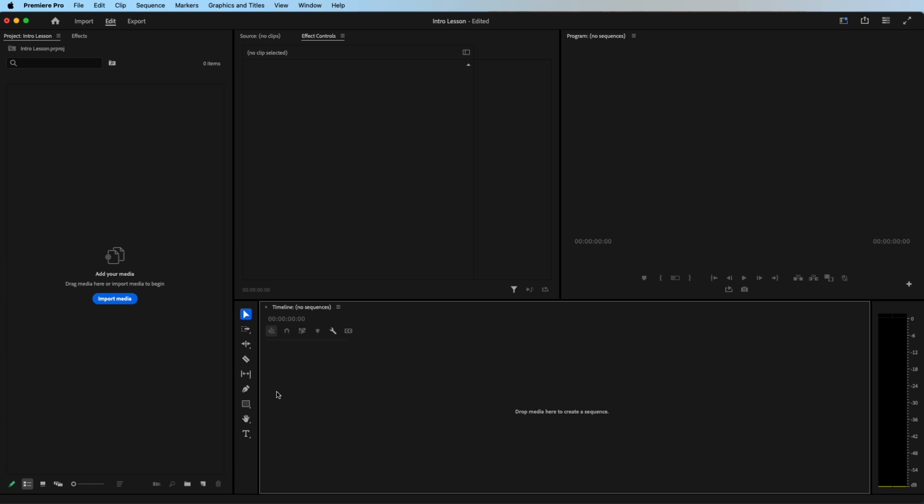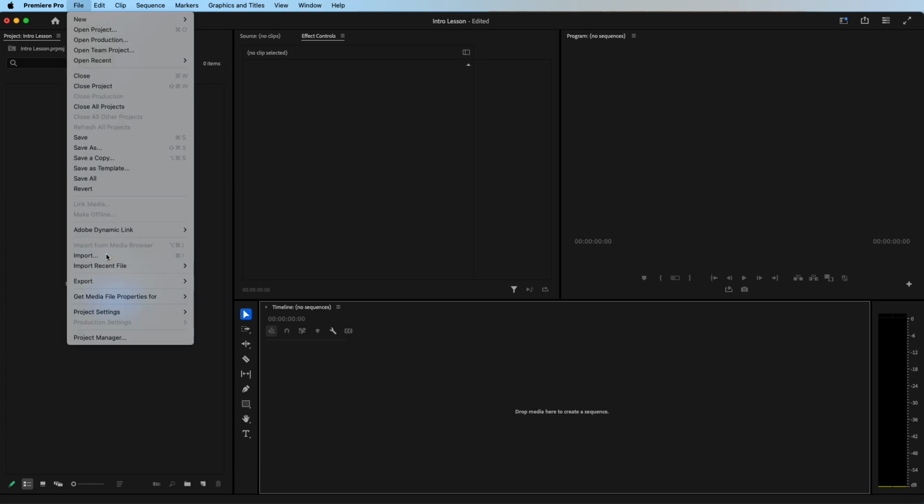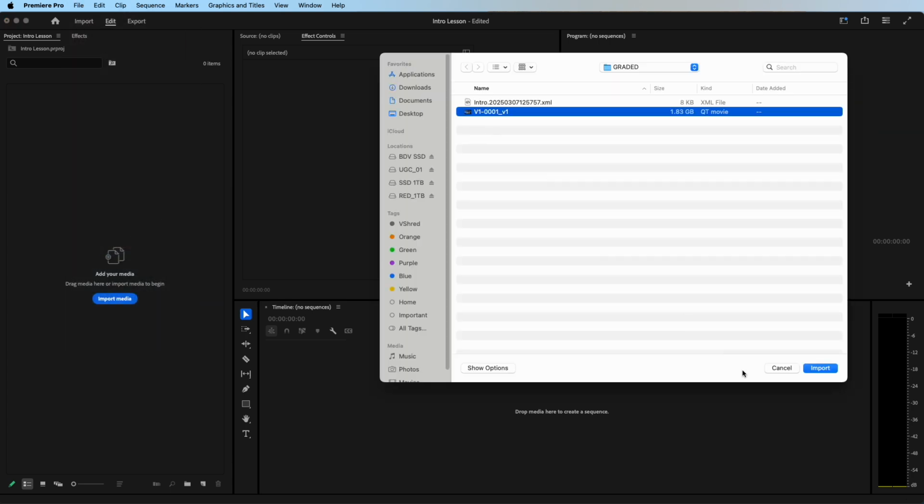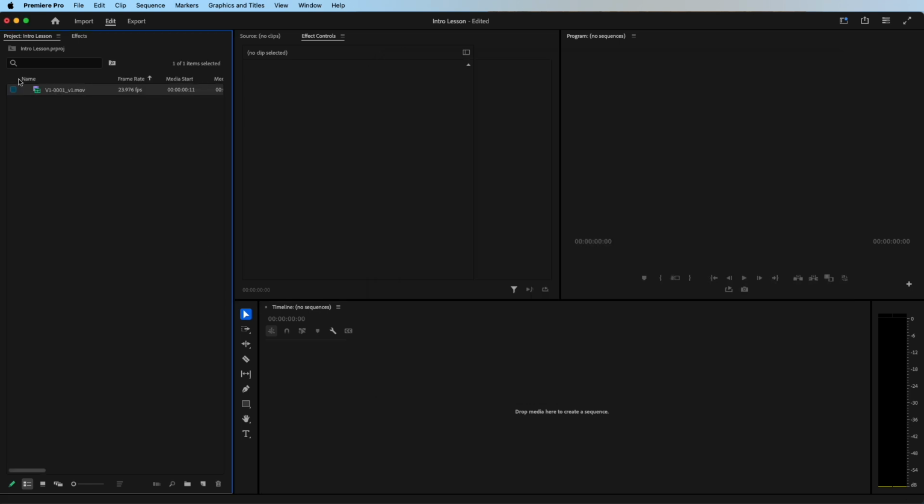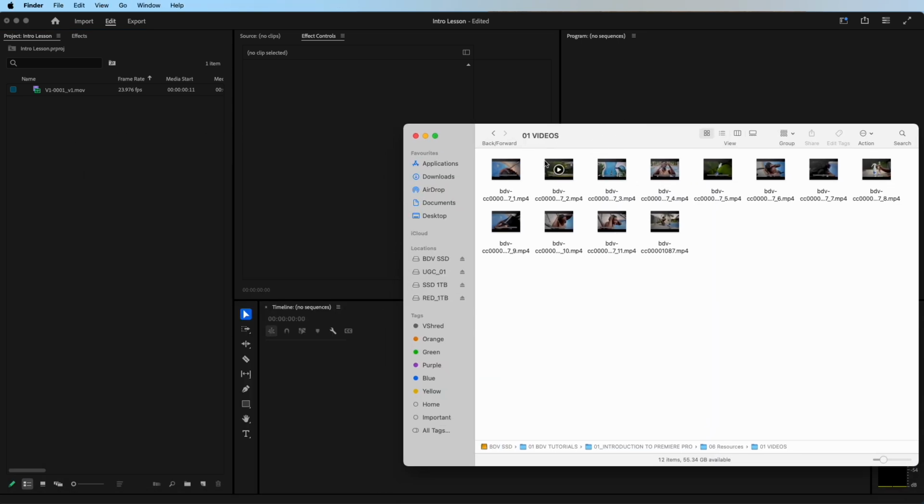In this lesson, we're going to talk about importing your videos. There are several ways to import videos in Premiere Pro. One, you can go to File, Import, and select the video you would like to import, and then click Import, and then you have the video here on the project panel. Or you can open up a window on your system and then you click and drag the video into Premiere